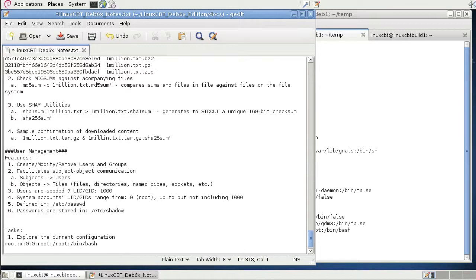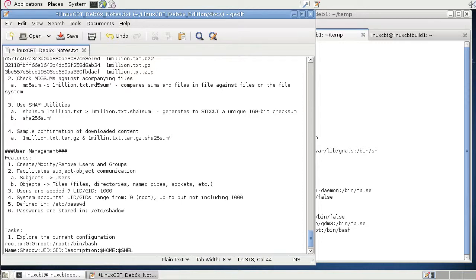In a nutshell: name, that's the account name used by the user to log in, shadow reference, UID, GID, description, the home directory,